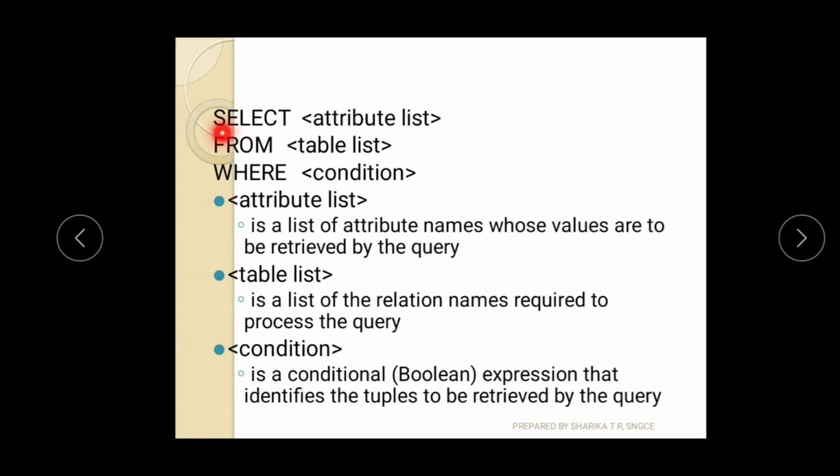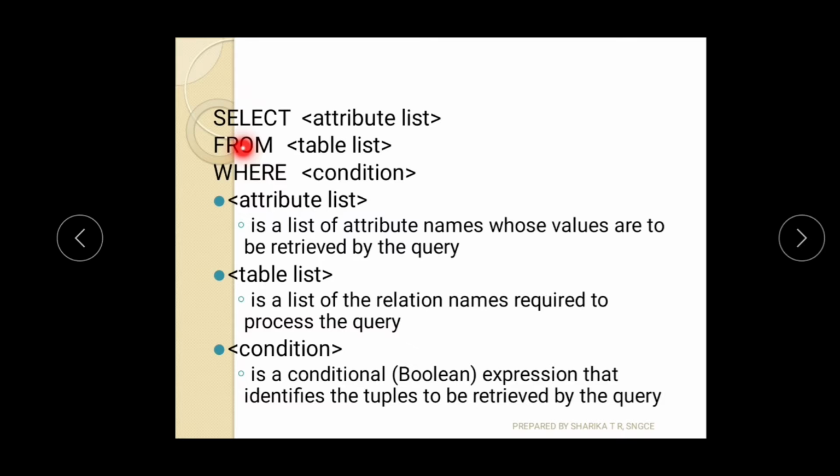Now what is the syntax for the select statement? So this is the syntax. Select must be followed by an attribute list, which attributes we would like to select. For example, in a student table there are three attributes: roll number, name and mark. Suppose we are going to select only the name field. In that case we will write select name. Clear? Next is